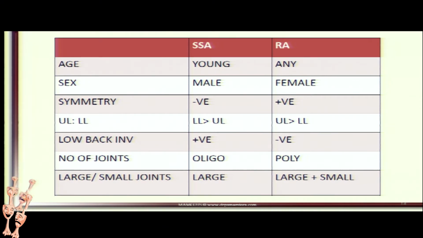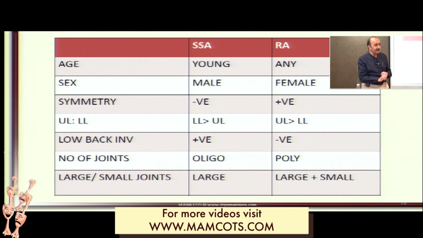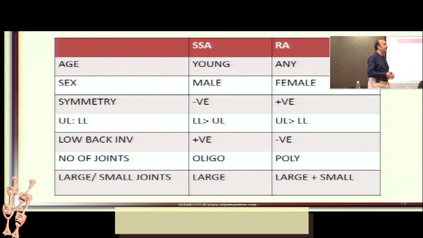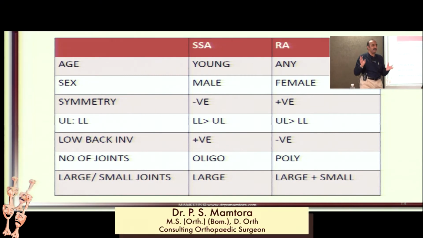Rheumatoid arthritis, if you talk in a single line, is an autoimmune chronic inflammatory joint disorder affecting bilaterally symmetrical joints, distal more than proximal, with a morning stiffness of at least half an hour without any other systemic trouble. So this is what RA would be in short, not exactly a definition but understanding. So symmetry is in RA.